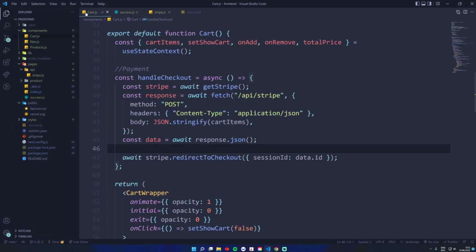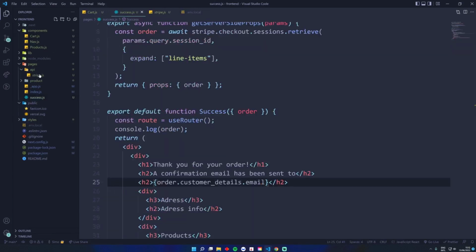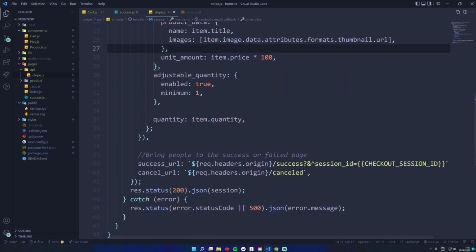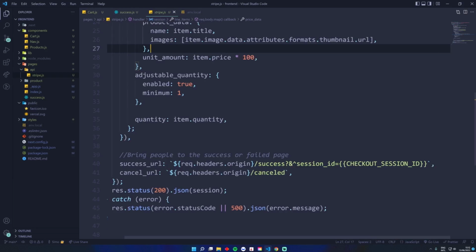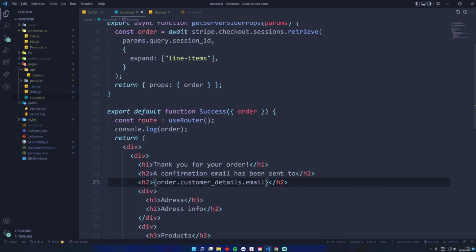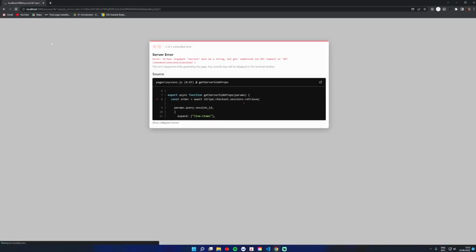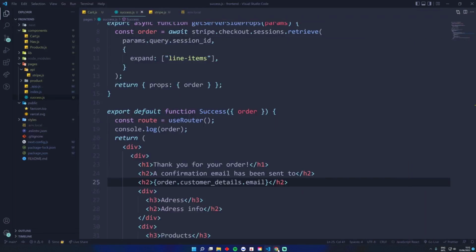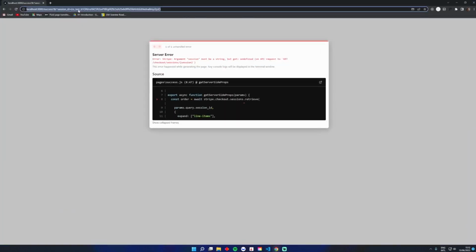Checkout session. So it says this is not a string and it's an object. So let's go back here to our Stripe API and see if we did this correctly. Might be a little error here. Session ID equal to, see, we did an object. It should just be one curly bracket like that. Cool, so that should fix it. Let's see. Do another refresh. Okay, that doesn't work either. We might need to do